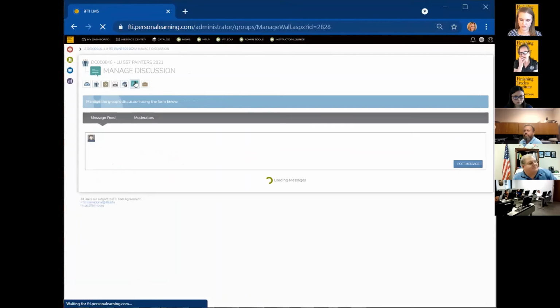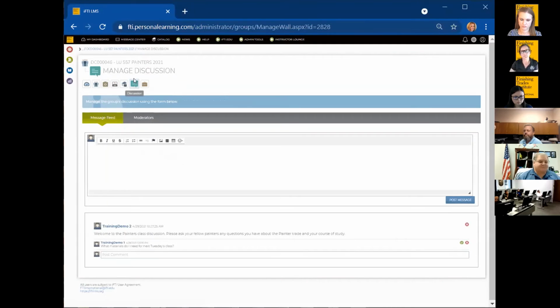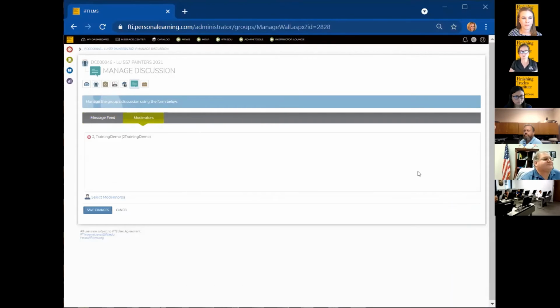This also has a discussion tab. So for this group, for members in this group, you can set a discussion. That way you can have people collaborating, talking back and forth. This is where we talked about, on the profile page, we clicked a link to have a moderator. So we identify who the moderator is. You just select the member who's going to be that moderator. Typically it's the instructor or coordinator.